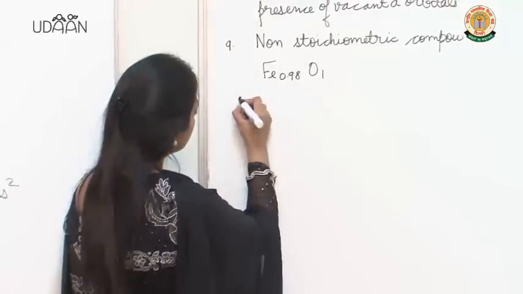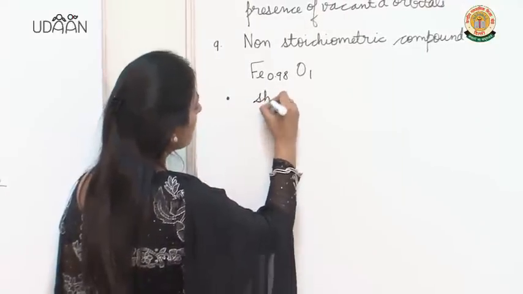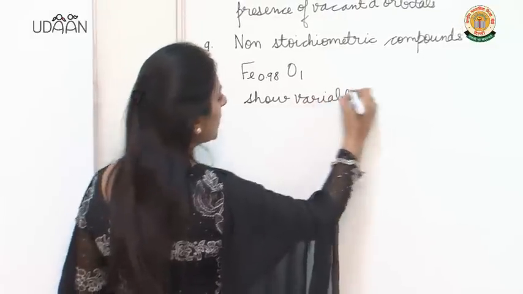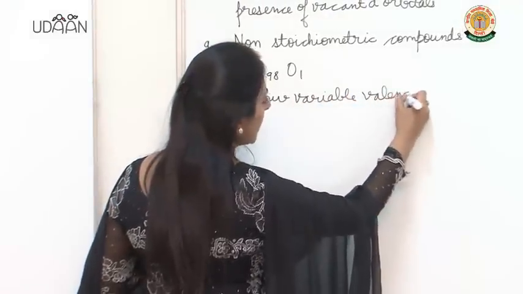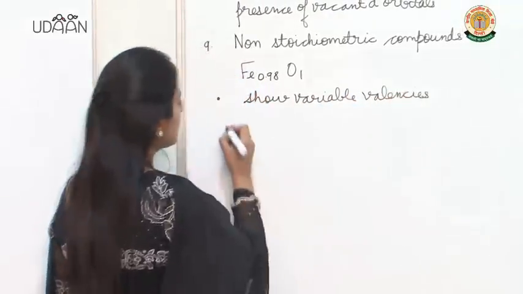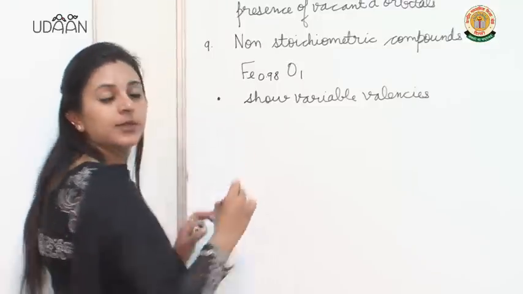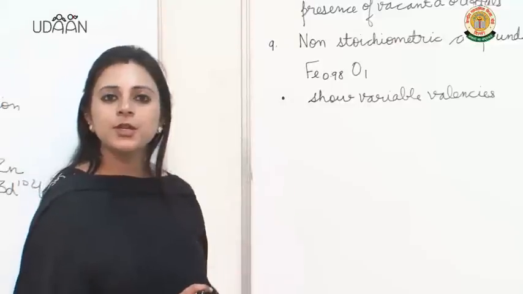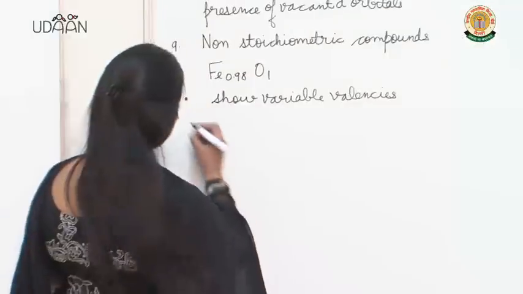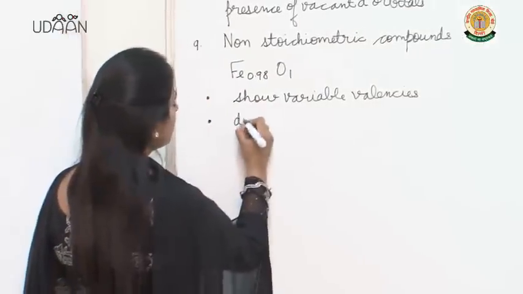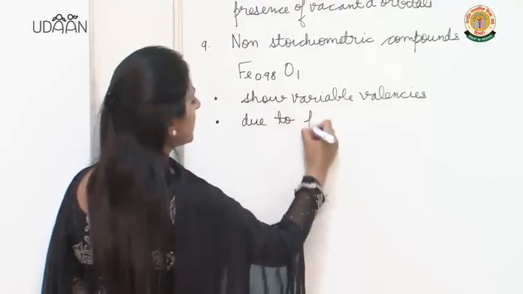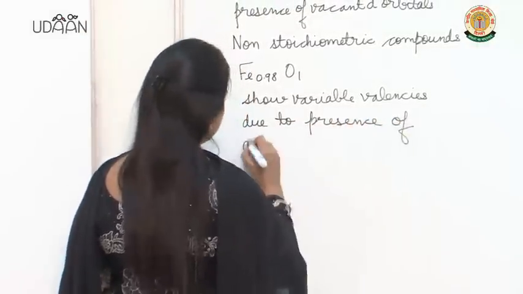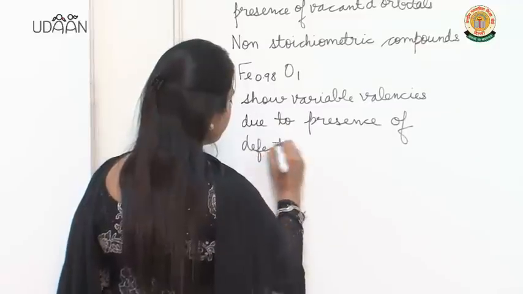So what is the reason? Because they can show variable valencies, that is they can show variable oxidation states. That is why they can form non-stoichiometric compounds. And next point is due to the presence of defects in their crystal lattice. Defects की वजह से